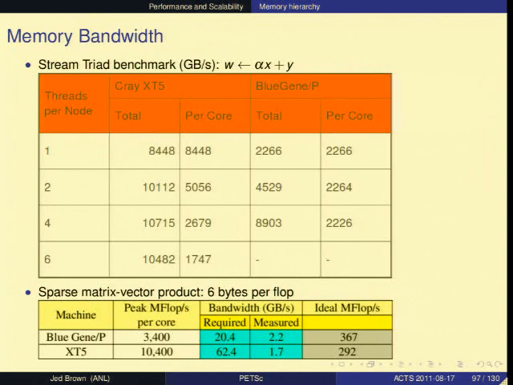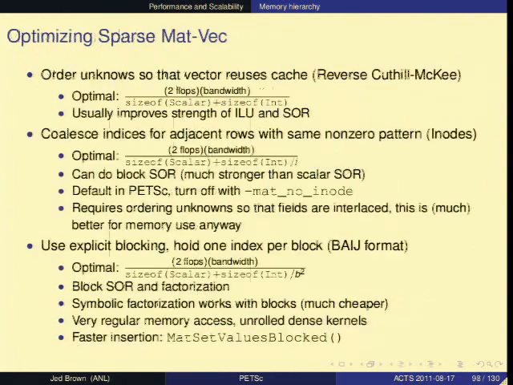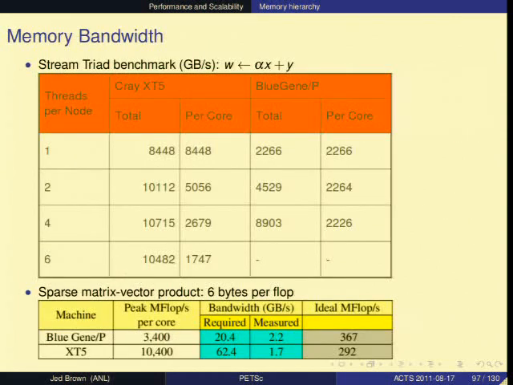And the per core bandwidth goes down quite a lot, and the aggregate bandwidth even peaks at 4, and adding the last 2 cores makes it worse. So BlueGene, in this sense, is a much better balanced machine in that you get pretty constant per core bandwidth as you fill up the node. You can imagine we have similar numbers for the Hopper with the 24 cores, so it's a messier story.